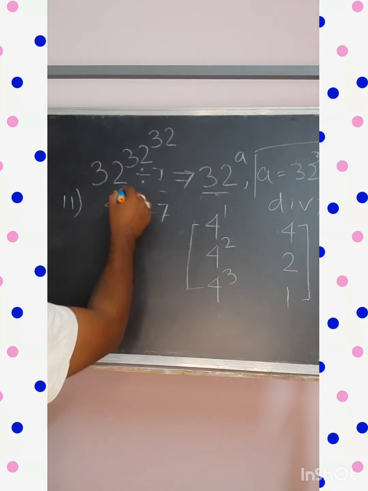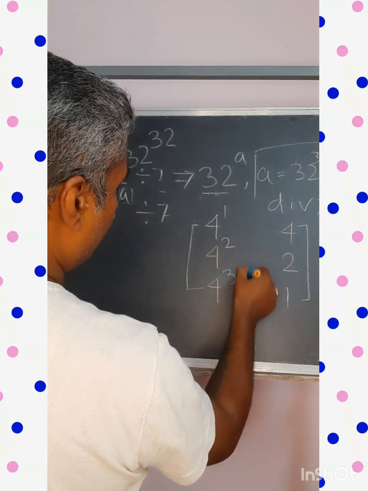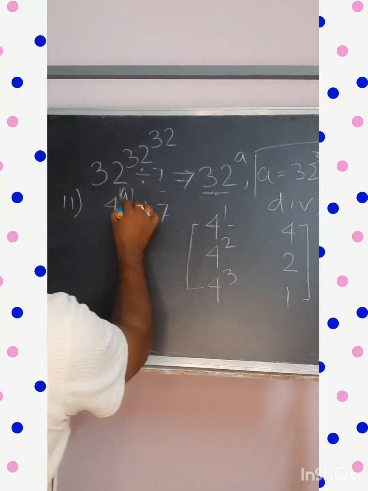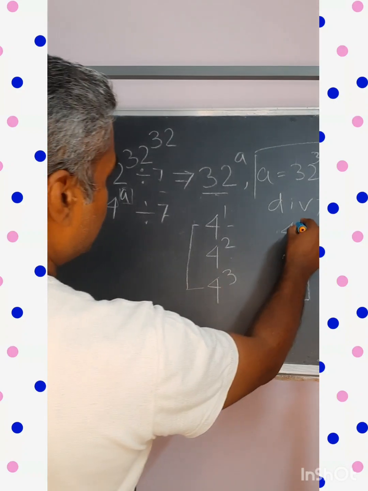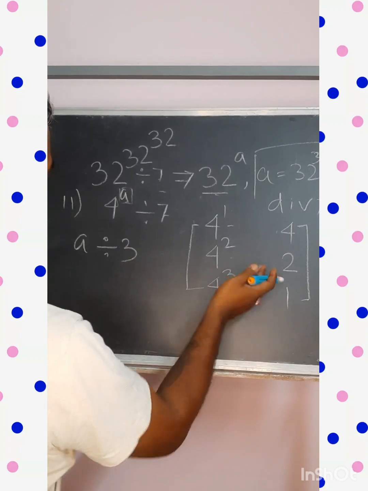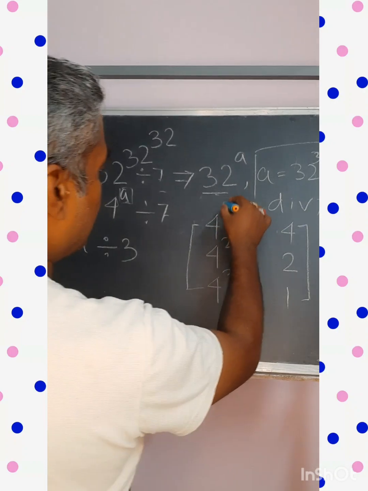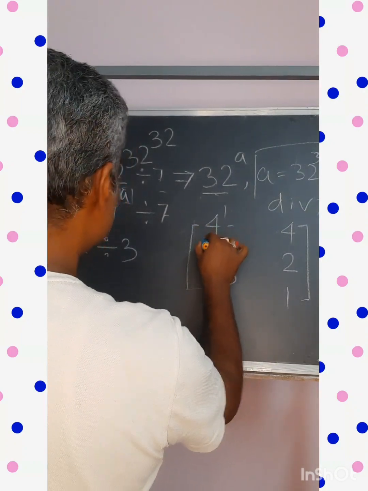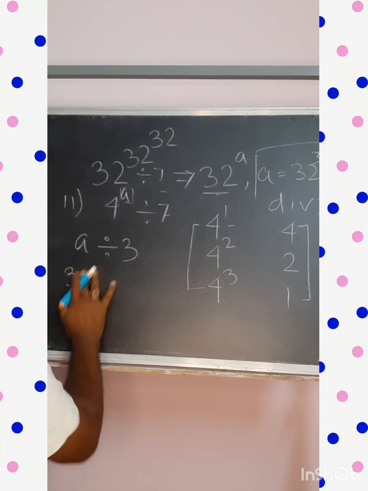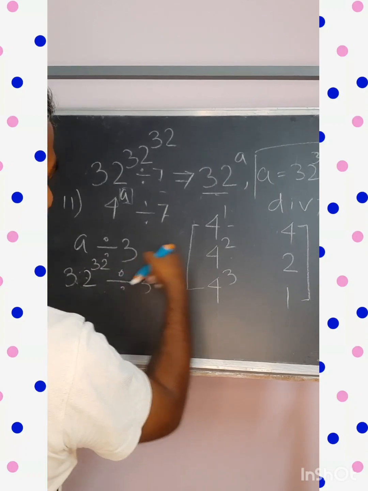So that means after every 3 I am getting back the cycle again. So that means any power A, if it is some kind of power of 4, for all this combination it will be repeating. So what will be the remainder if I divide this power A by 3? Then if I can find the remainder out of this, then that would be the ultimate power on 4. So let's see. So now A is your 32 power 32 divided by 3, because after 3 the